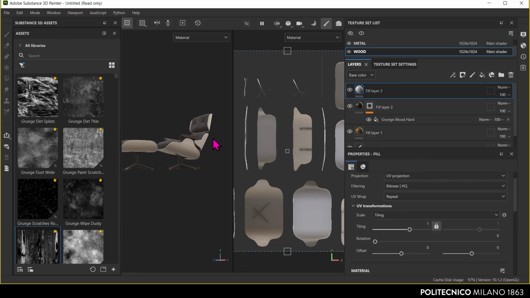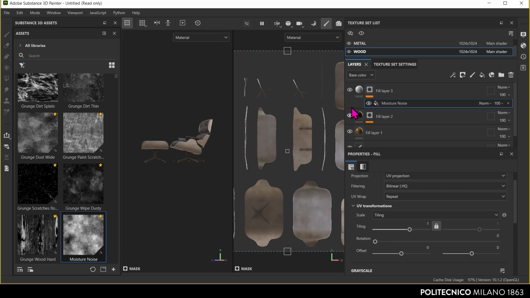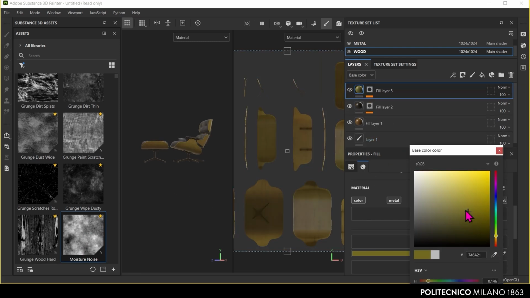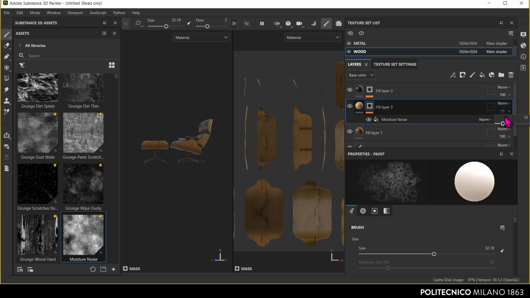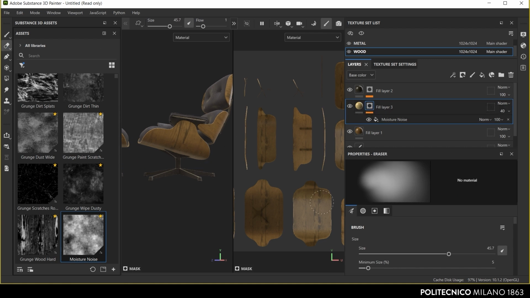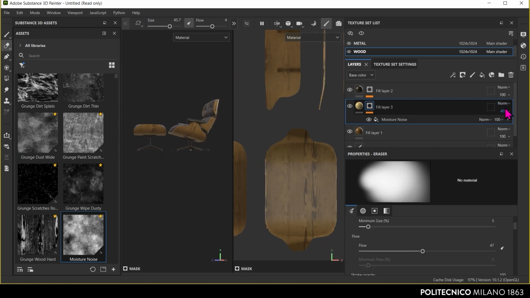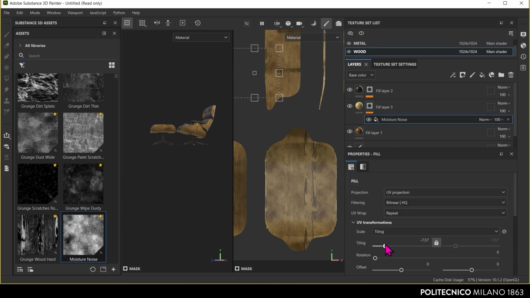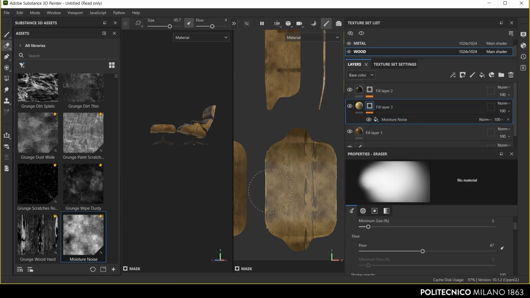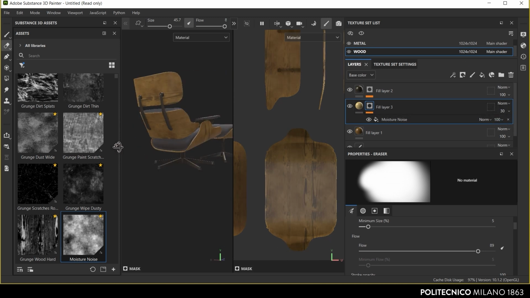Finally, create a third fill layer with a lighter shade to introduce highlights and subtle variation in the material. Also, apply a black mask here and use a procedural texture to achieve a natural, balanced effect. By combining these three layers, base color, wood grain, and highlights, we give the wood texture depth and realism. Each layer remains fully editable, so we can make adjustments to suit the specific needs of our project.